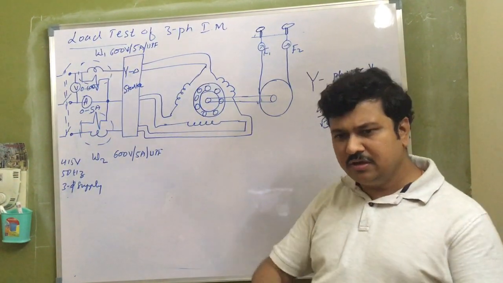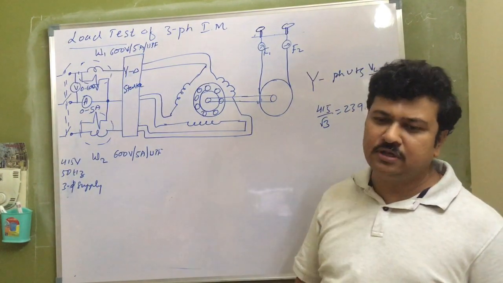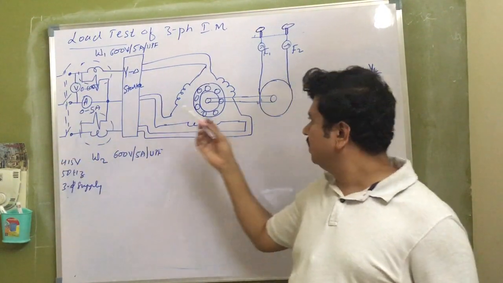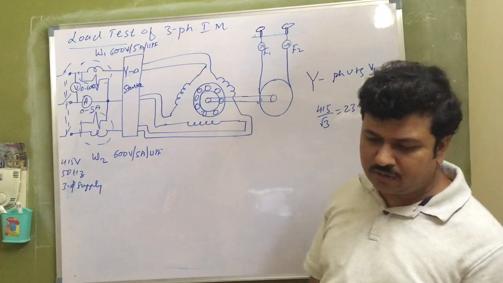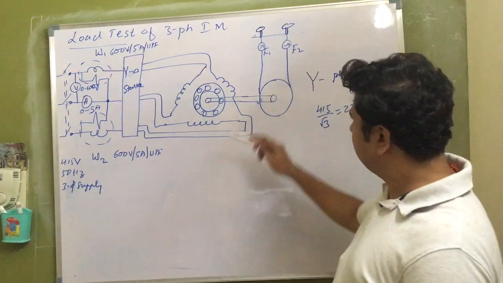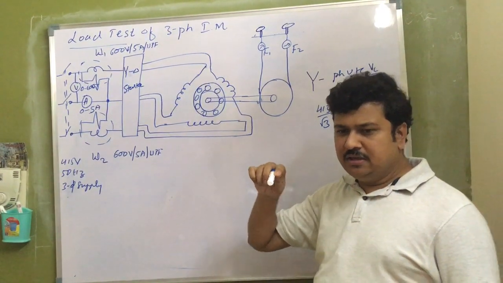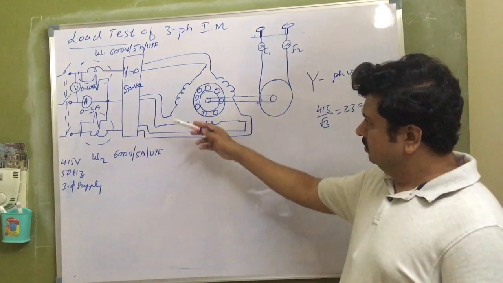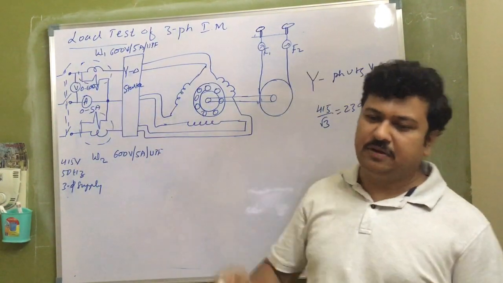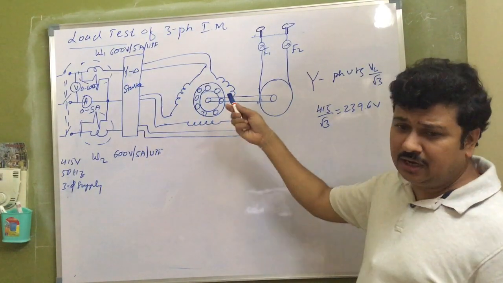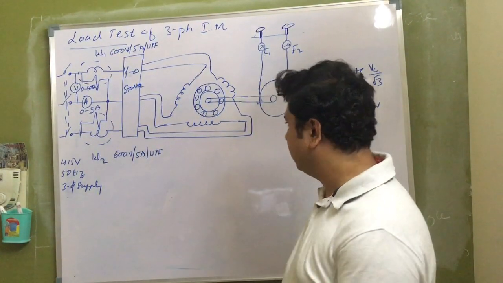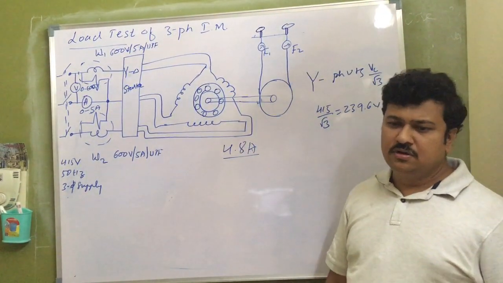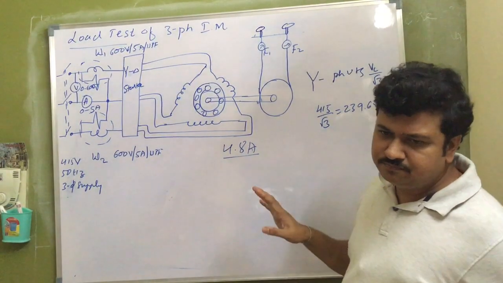See, if you go on increasing, at one point of time the rotor stops rotating. Just now what I explained, if the applied voltage is full value and the rotor is blocked, it is a short circuit condition. In no time the motor will burn. So always keep in mind that whenever I increase the load on any machine, whether it is motor, generator, transformer, anything, the current should not cross its rated value. In our lab, for our motor, it is 4.8 amps. So this 4.8 amps should not be exceeded.